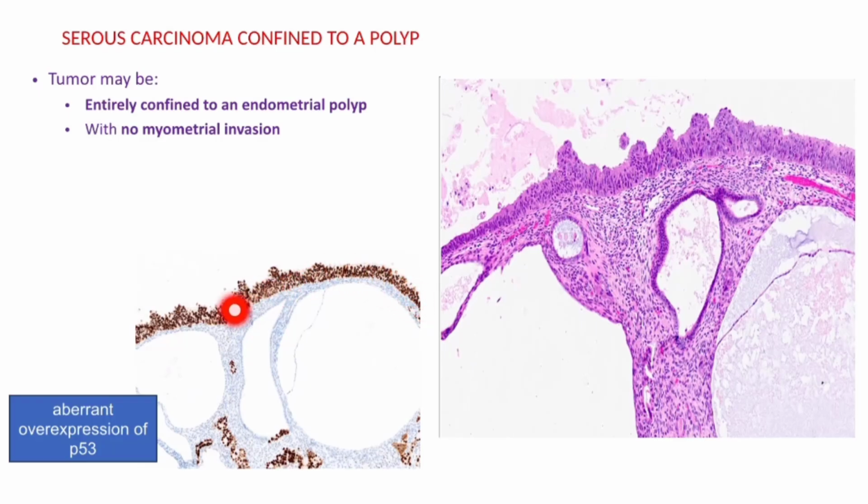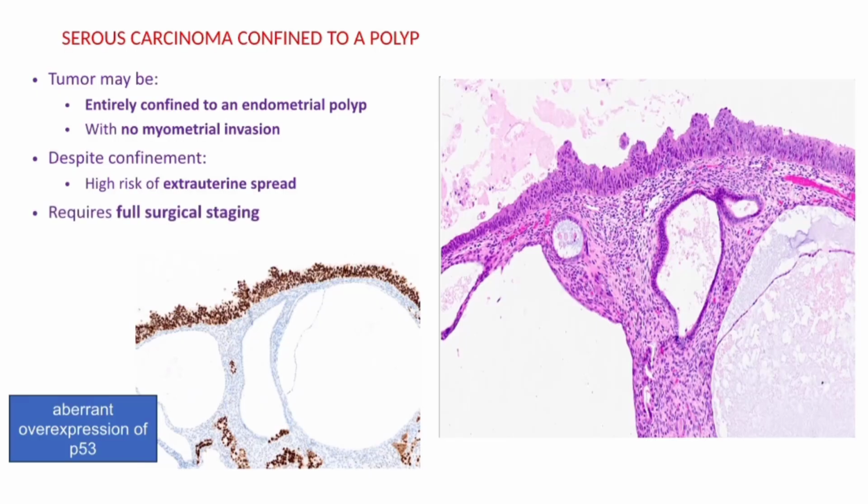So this is the P53 positive cells, and here this endometrial atrophied gland show negative expression of P53. So though it is confined to endometrial polyp, no myometrial invasion, having high risk of extrauterine spread, and it requires